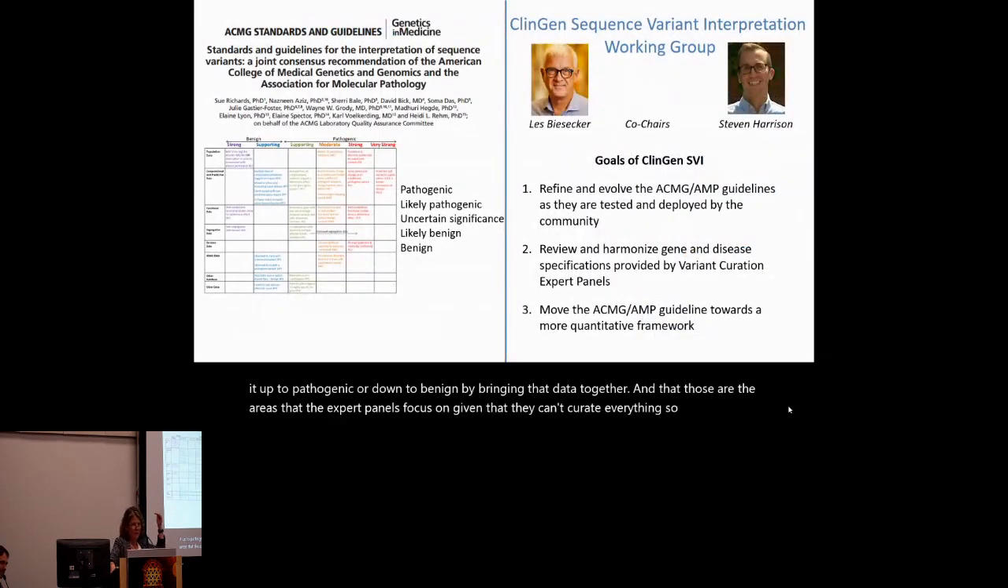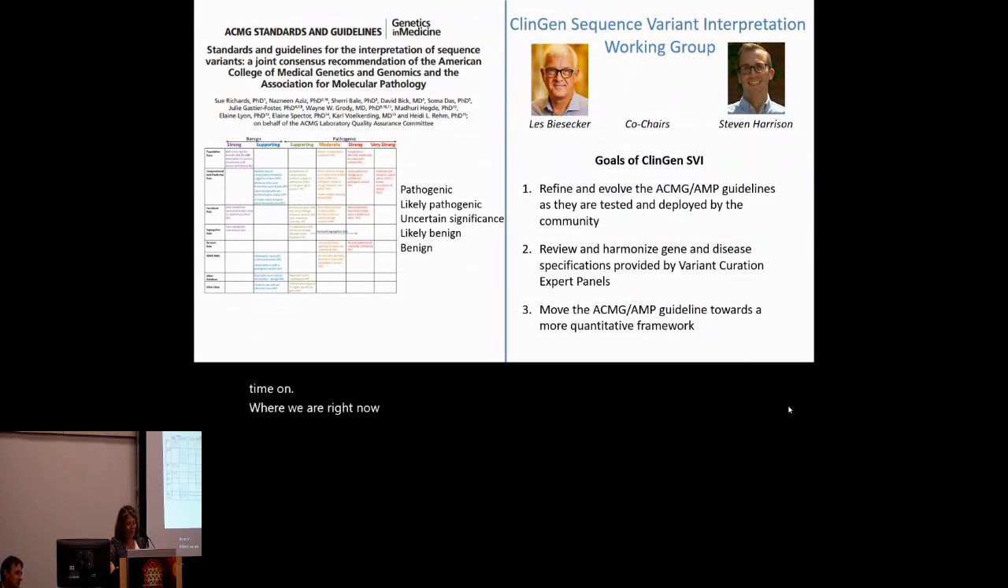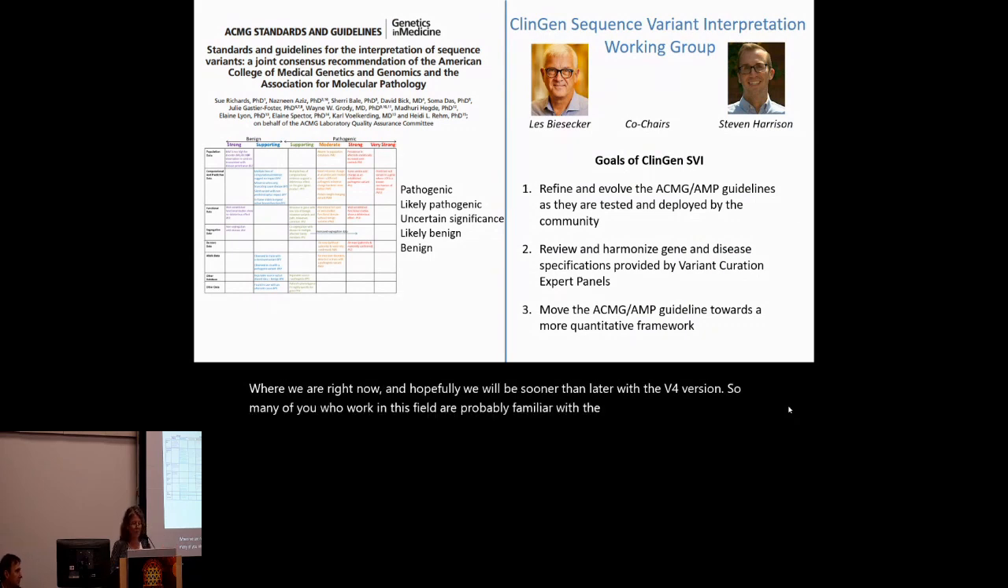So I mentioned that the first step is putting out common standards. I'm going to spend a little bit of time on where we are right now and hopefully where we will be sooner than later with the V4 version. So many of you who work in this field are probably familiar with the ISMB AMP standards for variant classification that we published in 2015. You might remember the rainbow chart, which doesn't look very rainbow from this view, but it is. And that's where we developed common terminology and a basic framework for looking at evidence and evaluating and understanding the